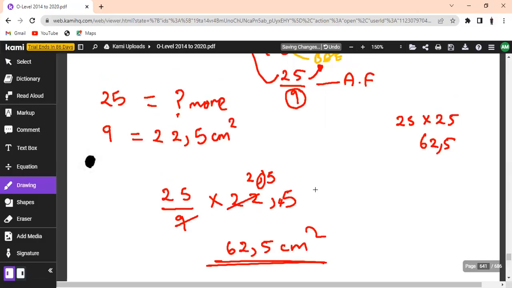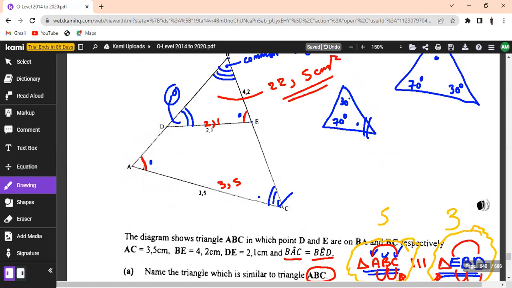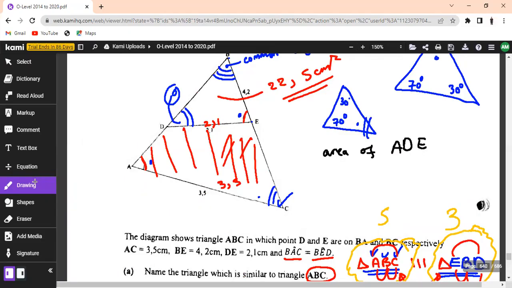Sometimes they might not ask you this. They might ask you to find the area of this quadrilateral here. If the question was asking you to calculate the area of this quadrilateral, which is the area of AEDC, we do not even know the name of this quadrilateral. What is that? Is that a trapezium or